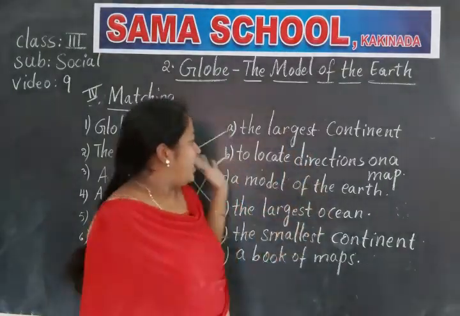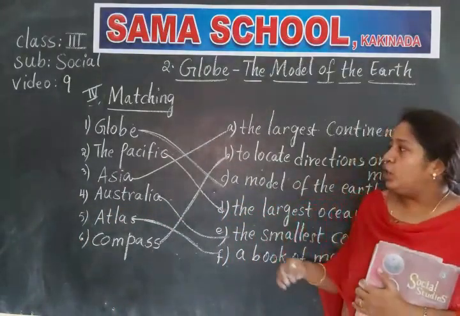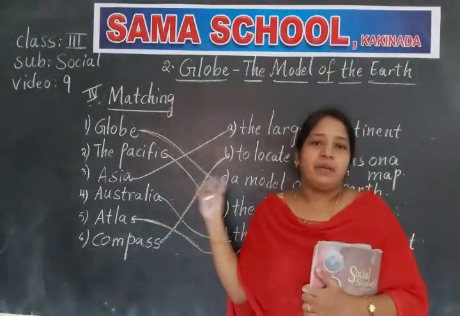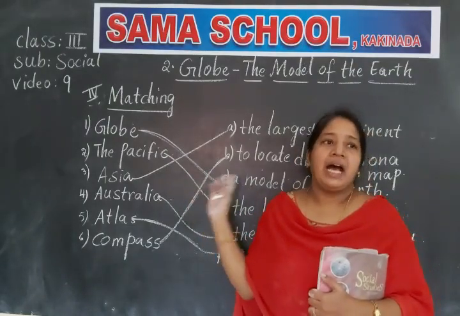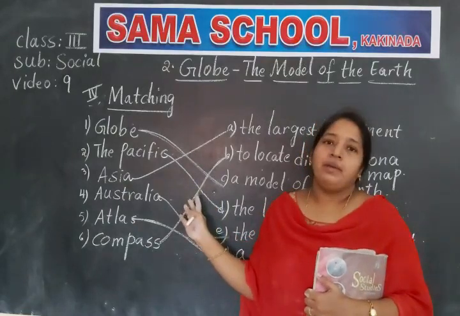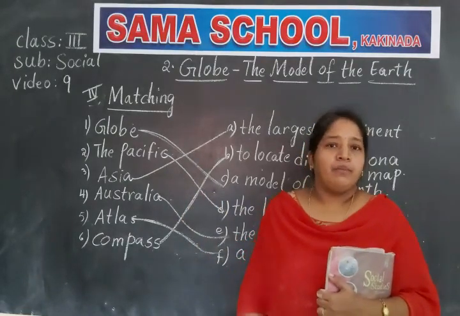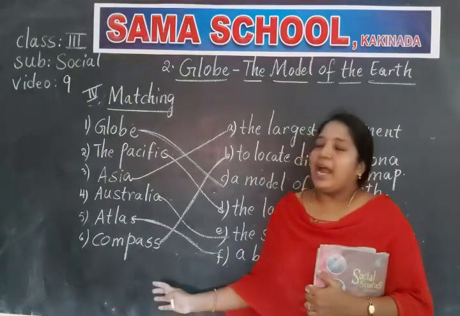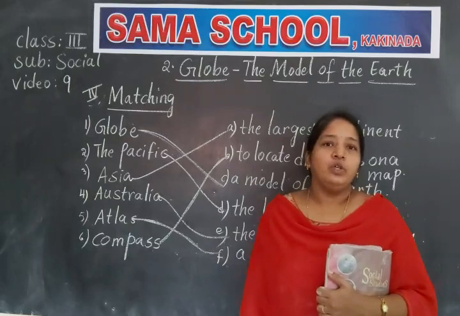Two Romans: one is matching and the other is filling the blanks. So you have to practice. In the previous video I completed true or false and hard words. So these 4 Romans you have to write, each Roman one time in your prep book. Okay, clear children? And by the evening you will get your homework through WhatsApp.